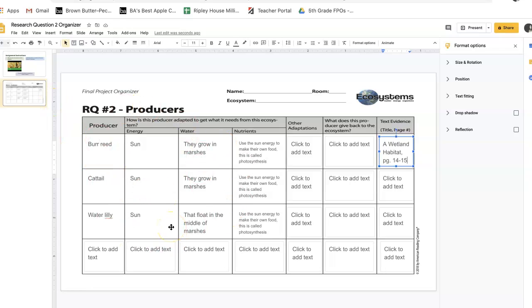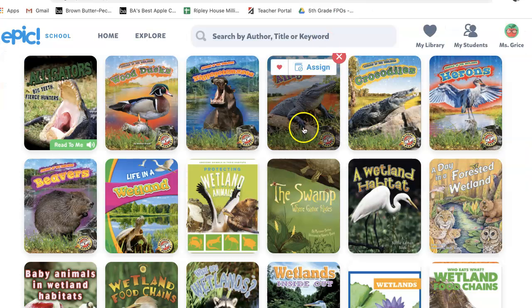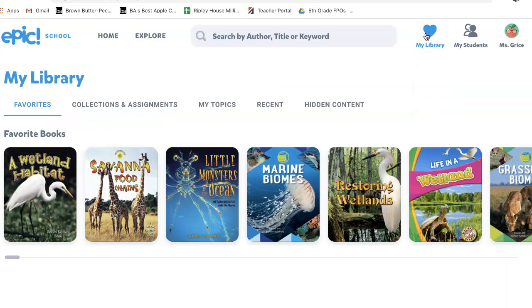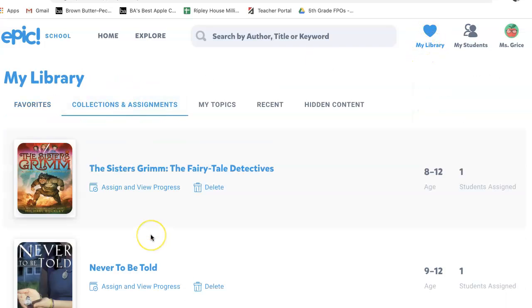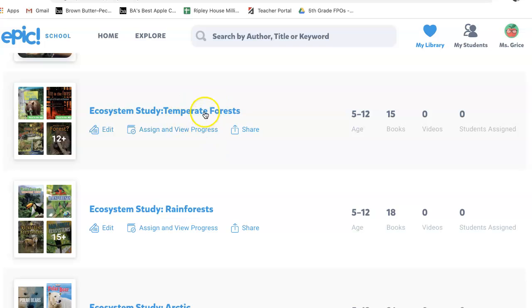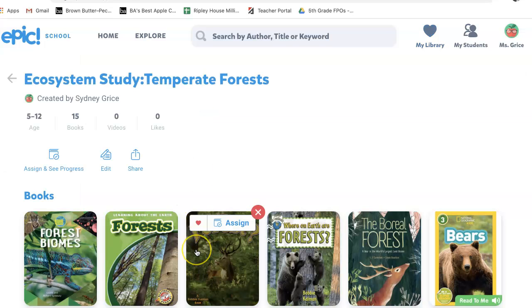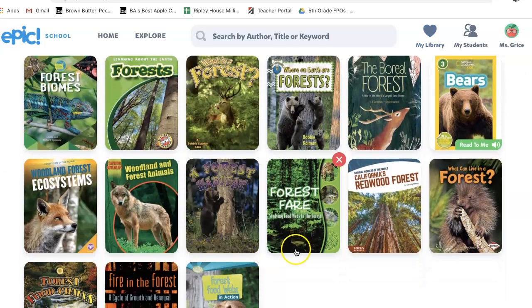So if you have decided that you are doing oceans or you are studying savannas, these would not be producers in your ecosystem. So you are going to study your own library collection. You're going to study your own collection to see what kinds of plants or producers you think might live